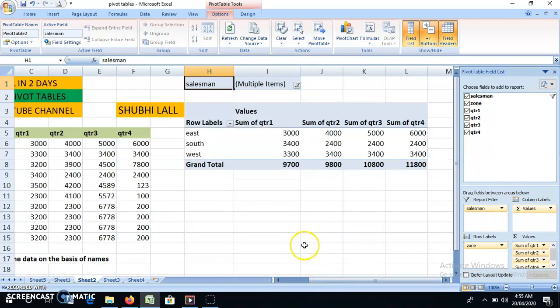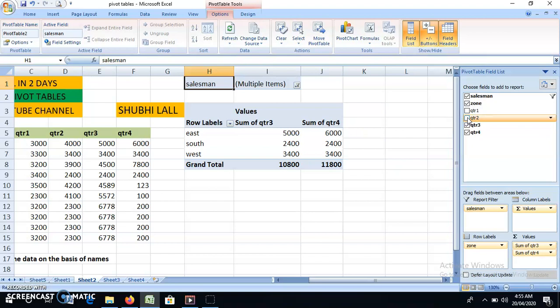So I'm kind of imposing a question on my data, and I'm getting the answers. The only thing is I want to see what they are doing. Now suppose your boss says, I don't want to see quarter one, quarter two. I just want to see the recent two quarters, what they have done, because for the first two quarters we have given them the appreciation, or the increments or whatever incentives. So I'm only interested in these two. So you quickly remove these. It is so easy that you add it, you remove it, and you customize this as per your need, and you can quickly get all the answers.